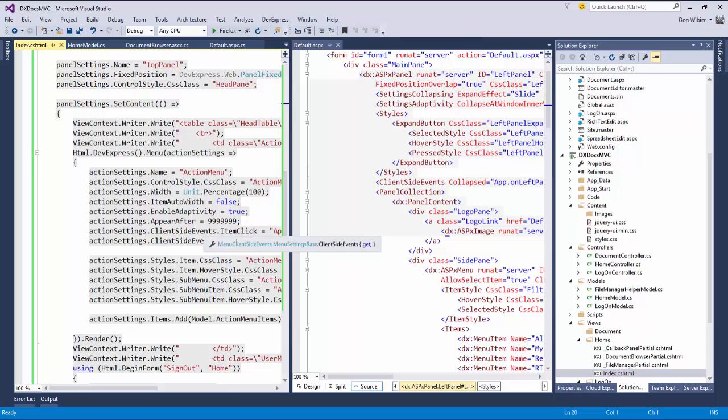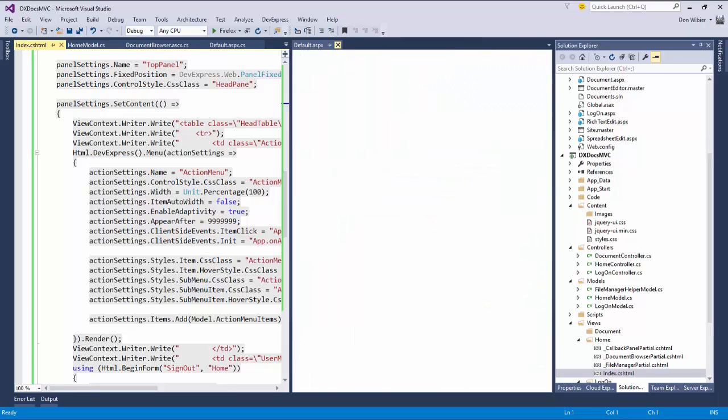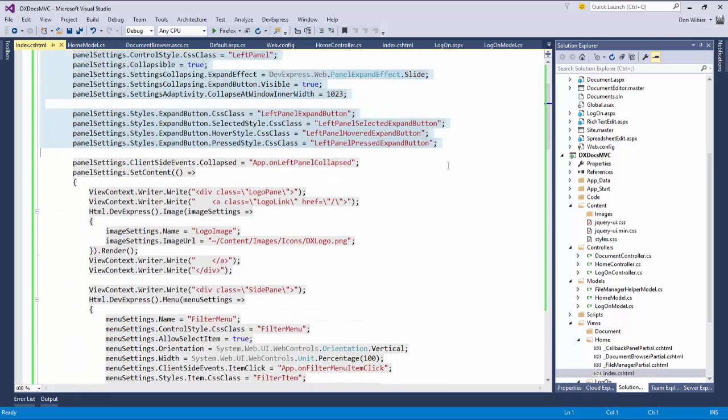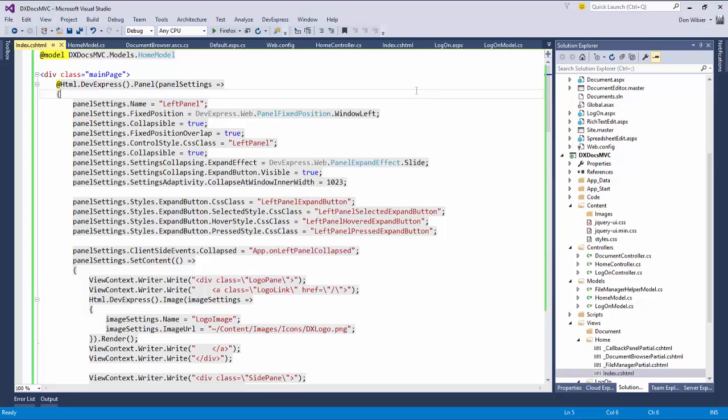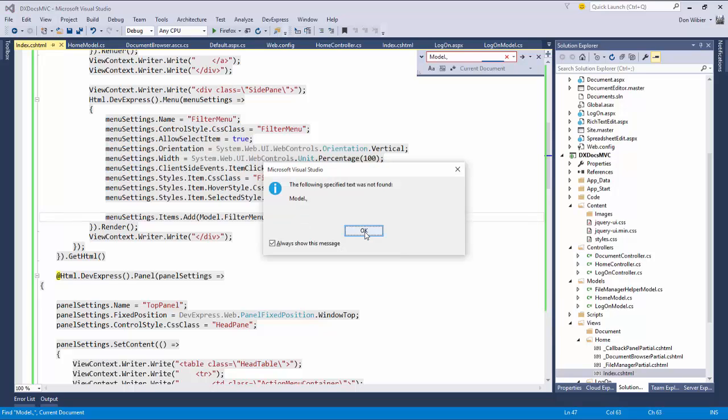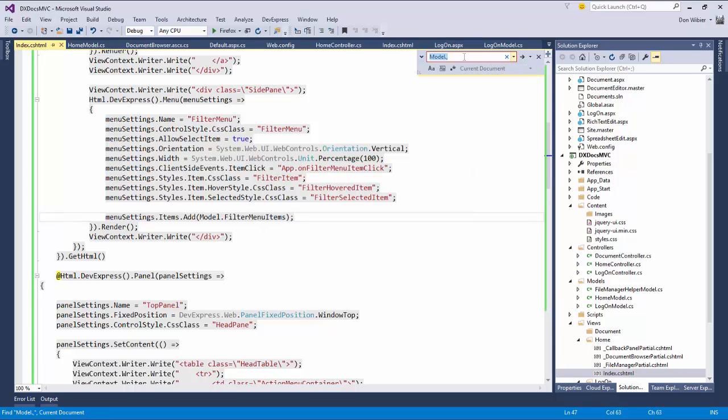There are obviously a number of things which are interesting to point out because I created this model, and if I go all the way to the top and I search for a model, then you will see that I have this DevExpress menu extension, and I am using the model.filter menu items to populate this menu. And here there is only, let me remove that